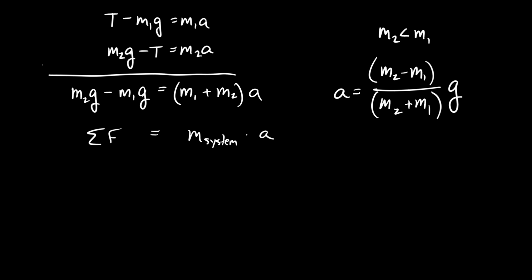It tells us all the things that we would expect, but don't discount the fact that the entire inertia of the system requires knowledge of both masses. Of course, it seems to me like an important thing for you to do would be to come up with an expression for the tension and show that it's greater than m1g and less than m2g when m2 is greater than m1, which is what we assumed. Now that's going to be a little complicated. You're going to have to pick one of these to do so. It's not pretty, but I think you guys could do it. You're pretty sharp individuals.